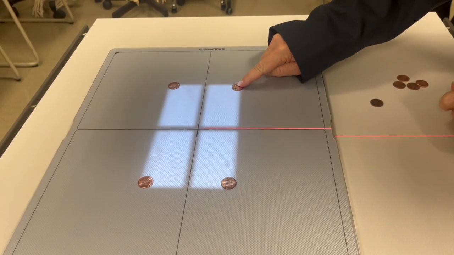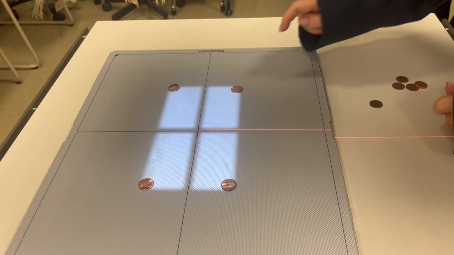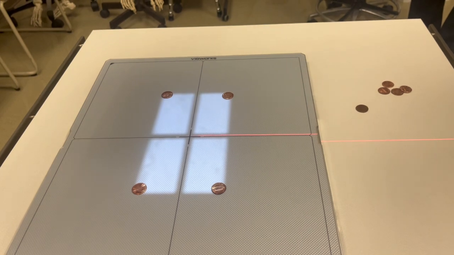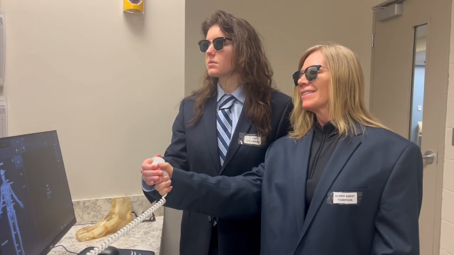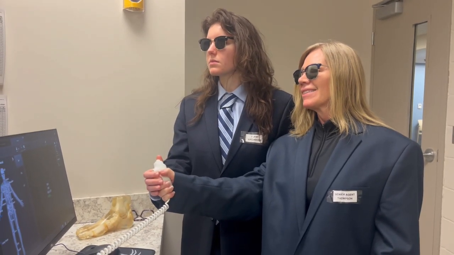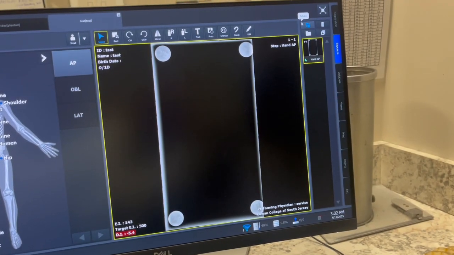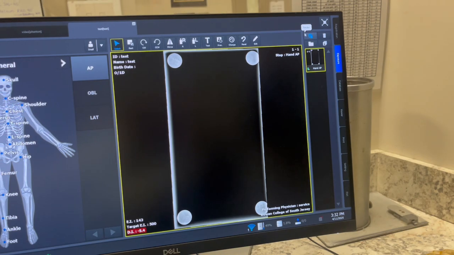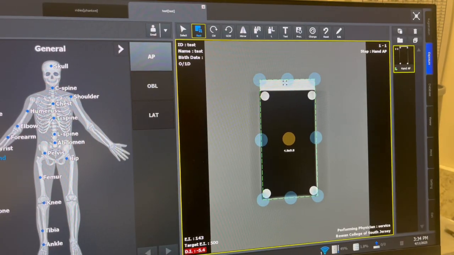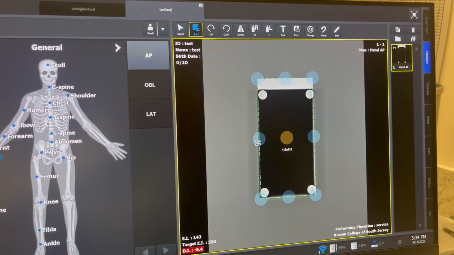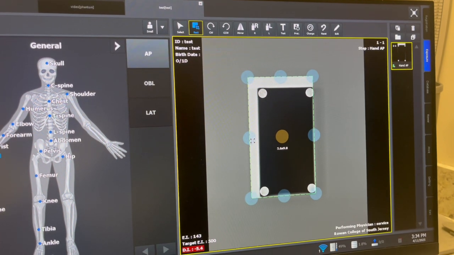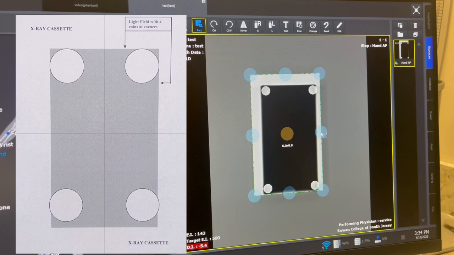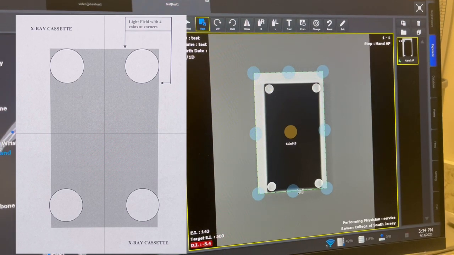If our light field is perfectly collimated to the anatomy, but we take the exposure and one of the edges of the anatomy got clipped, then the light field and X-ray field do not coincide with each other. This specific quality control test involves placing coins at the edges of the light field, with the coins' edges fitted perfectly to the edges of the light field. After the exposure, if there is a misalignment seen on the image, it is measured and plugged in to a specific equation to calculate the total misalignment in inches.